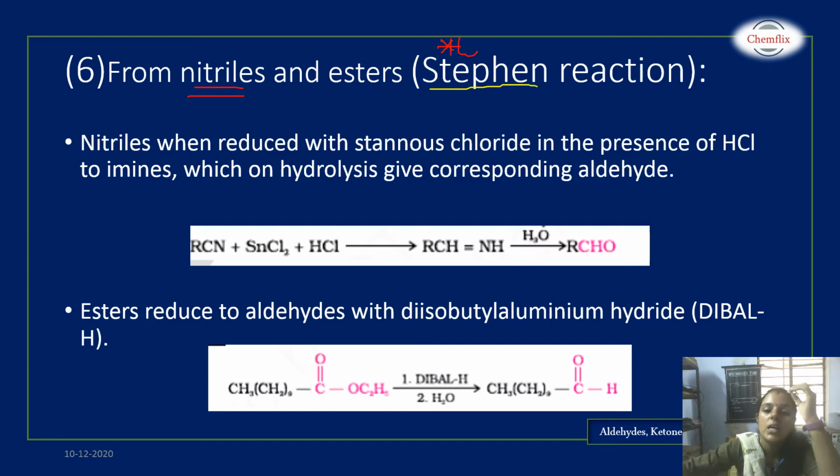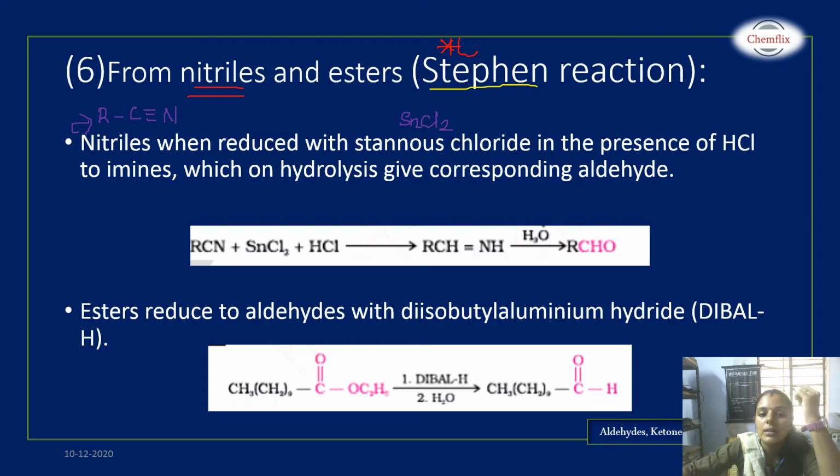So here, first of all I will tell you what the Stephen's reaction is, then I will tell you the trick. So nitriles, what is nitriles? R C triple bond N. This is alkyl nitriles. So this alkyl nitriles, when reduced with stannous chloride, SnCl2, in the presence of HCl,